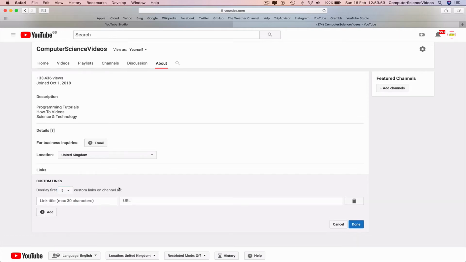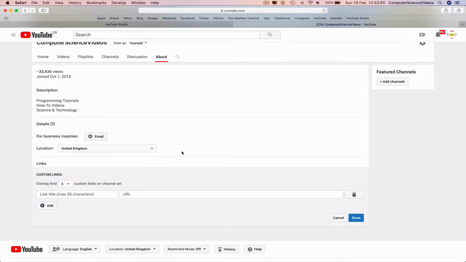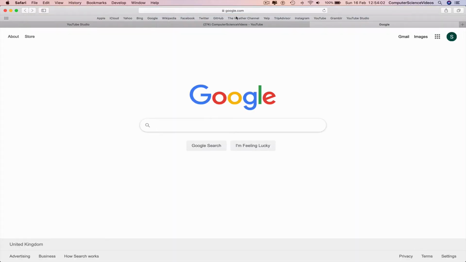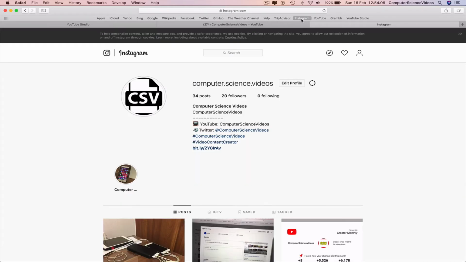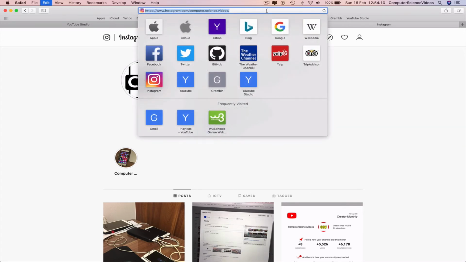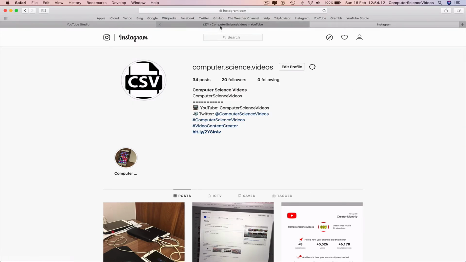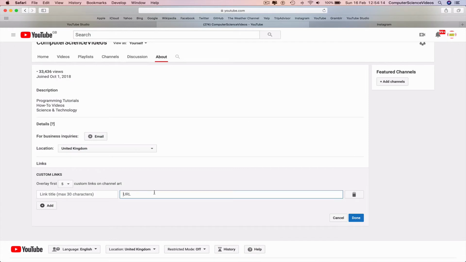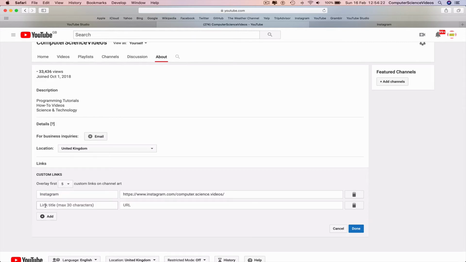Yes, go to add and then add any links you prefer. I'll just be adding Instagram, Twitter, my social media. Take the URL, highlight, copy, go back to your YouTube channel. Link title could be Instagram. Add another,